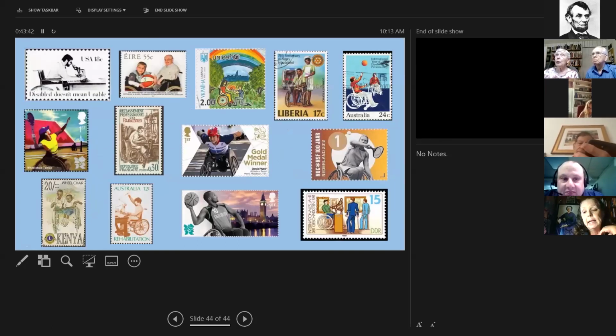Now here there are a lot of stamps from around the world. And disabled does not mean unable. And here is a UNICEF one where the fella is giving his fiancée a ring, so that they can get married. And the other ones show around 1900 or more that there are a lot of things that these people can do. And it included a lot of sports, and this is from all over.